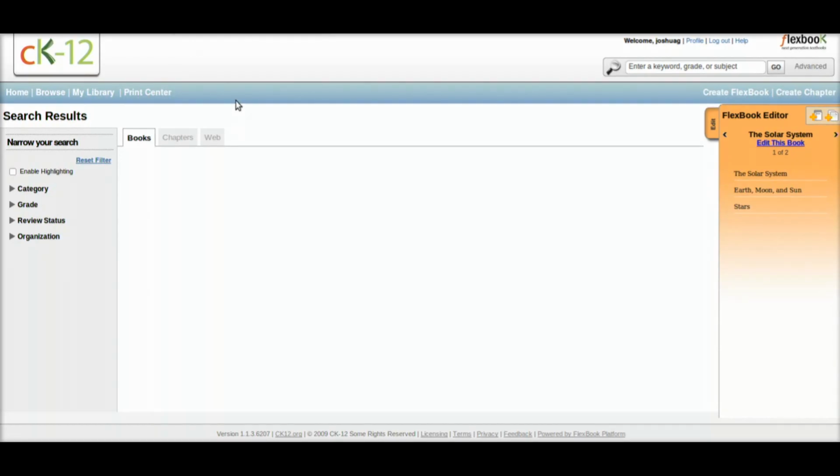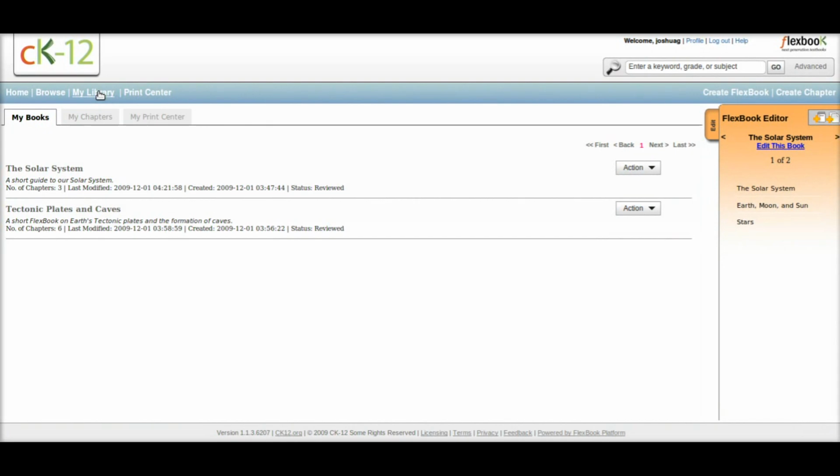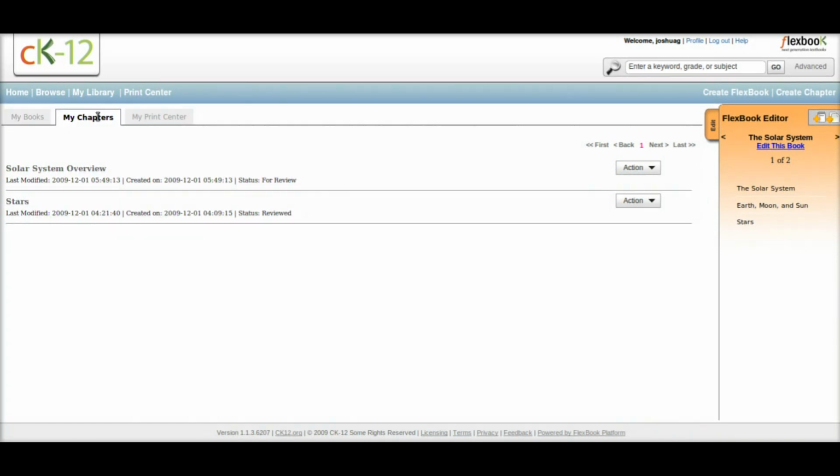Now we're going to incorporate the chapter that we've just created into our Solar System FlexBook. We'll select My Library. When you do this, you'll see 3 tabs: My Books, My Chapters, and My Print Center. When we select the My Chapters tab, all of the chapters that we've created will show up. We see the Solar System Overview, and we can drag and drop it into the FlexBook editor where our Solar System FlexBook is. Now we'll select Edit this book,